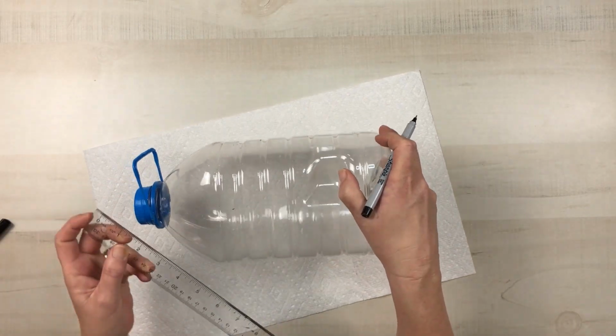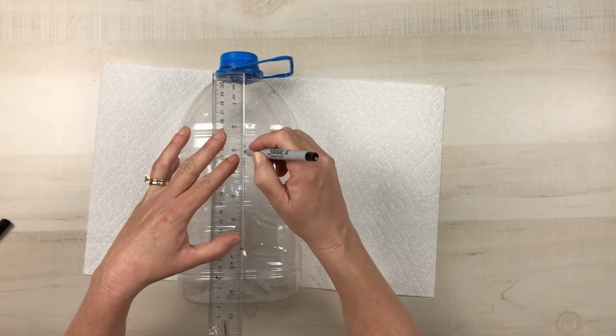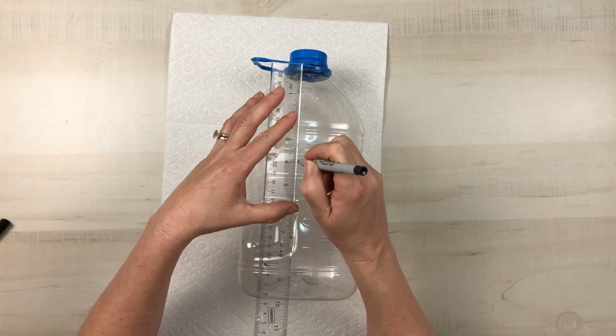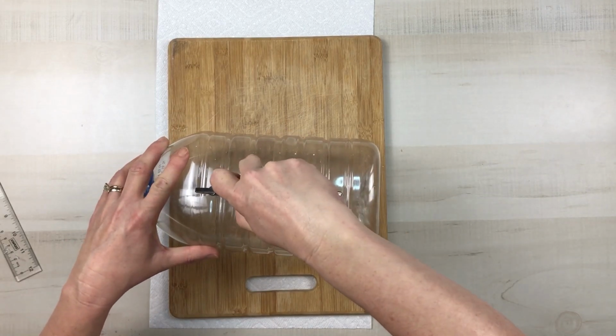and I'm going to go along the bottom part of those handles and just draw a straight line from the top to the bottom right there in those ridges. And I'm going to do that on both sides so that I can have a nice straight edge to know where to cut. I'm going to go in with a utility knife and very carefully cut along the line that